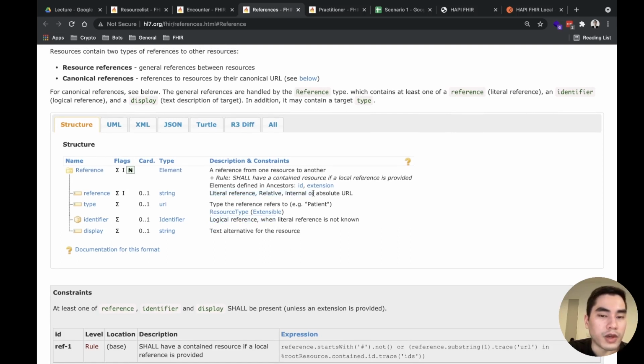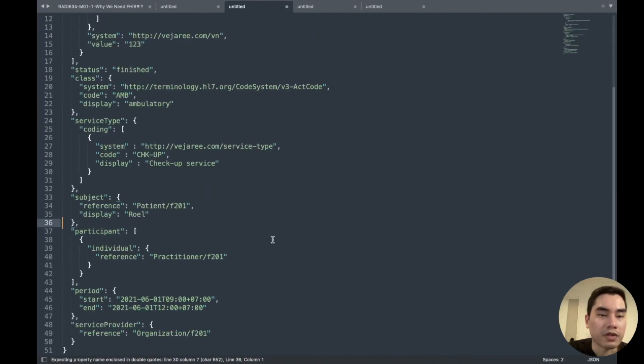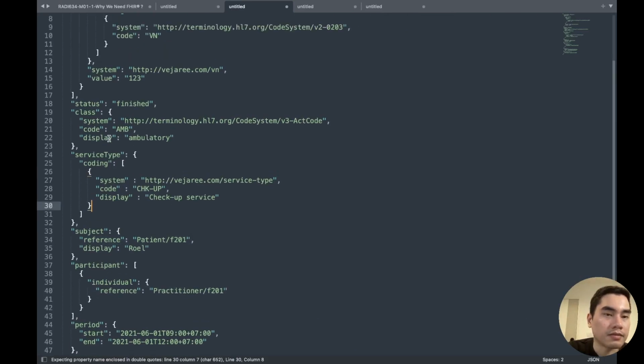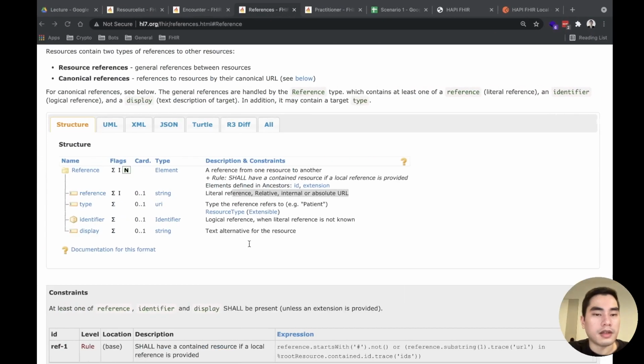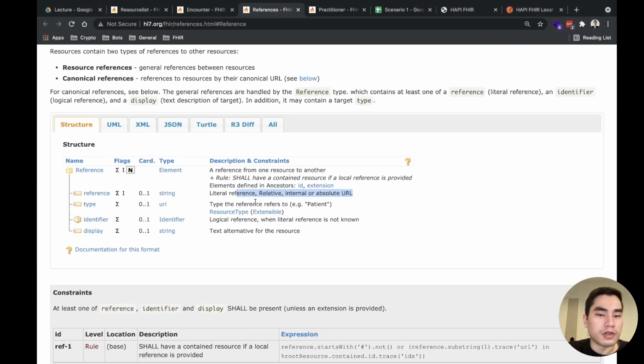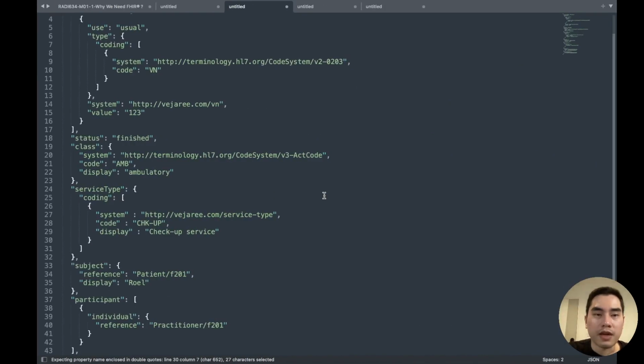Literal reference is when you know the URL or the ID of the resource that you want to reference. All of this is literal reference. But if you don't know the URL, how do you get the ID?